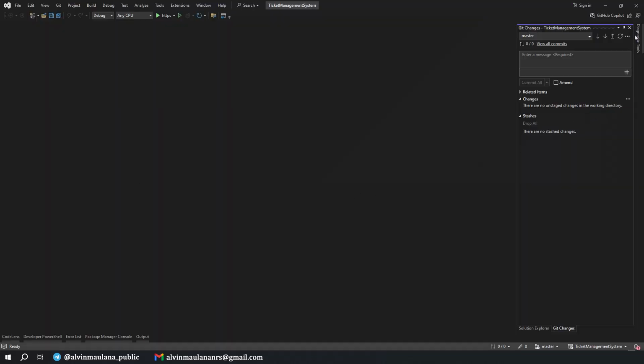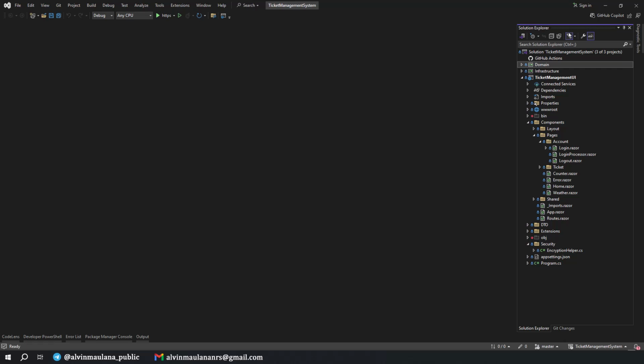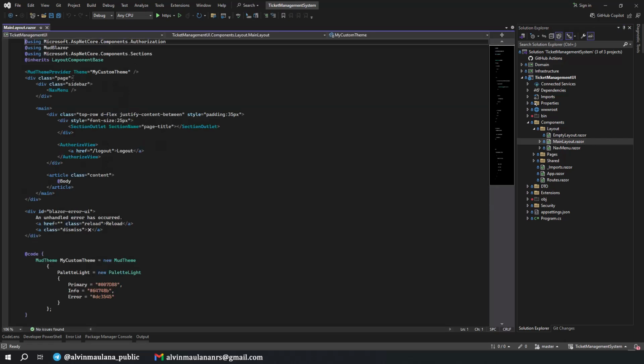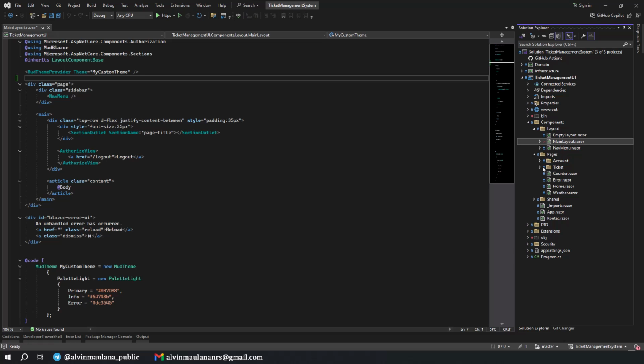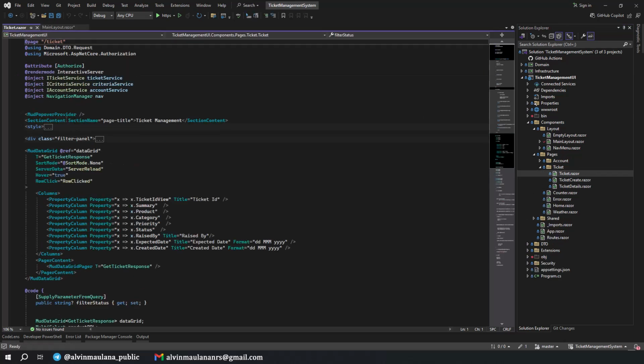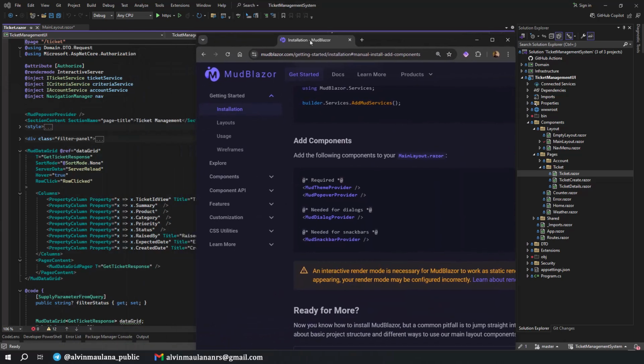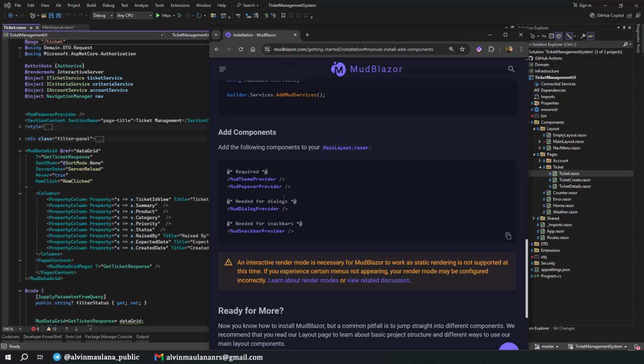Okay, before we start, I want to talk about the MudBlazor installation. When we try to use, where is it, layout, main layout. When we want to use MudBlazor, there are several components we need to initialize. There is a MudThemeProvider, and then there is a MudPopoverProvider. And actually, in the installation page, we can put all of this in our main layout, the MainLayout. No need to put it on the specific page like we use in here.